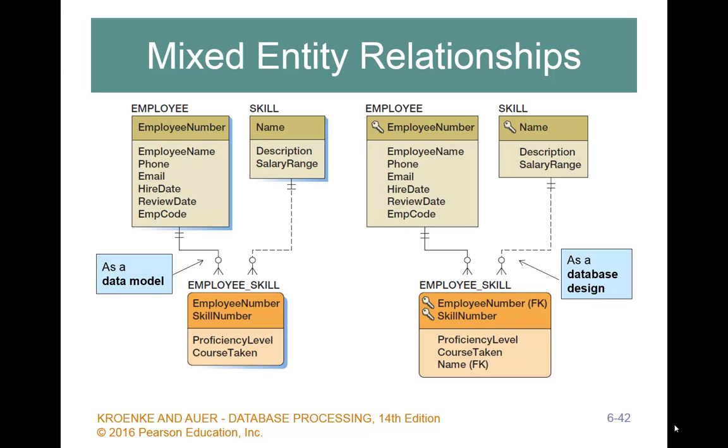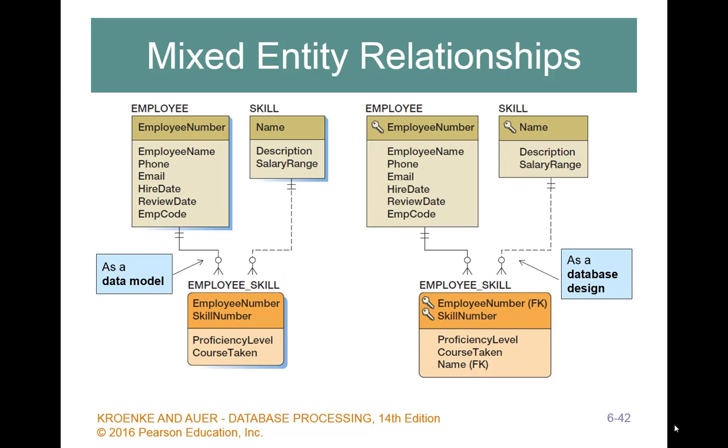remember we had a many-to-many relationship between employee and skill. So what we had to do was break down that many-to-many relationship into a one-to-many with some type of association table, where we're associating a specific course taken or proficiency level with a skill number and an employee number. Based off of that, the minimum cardinality